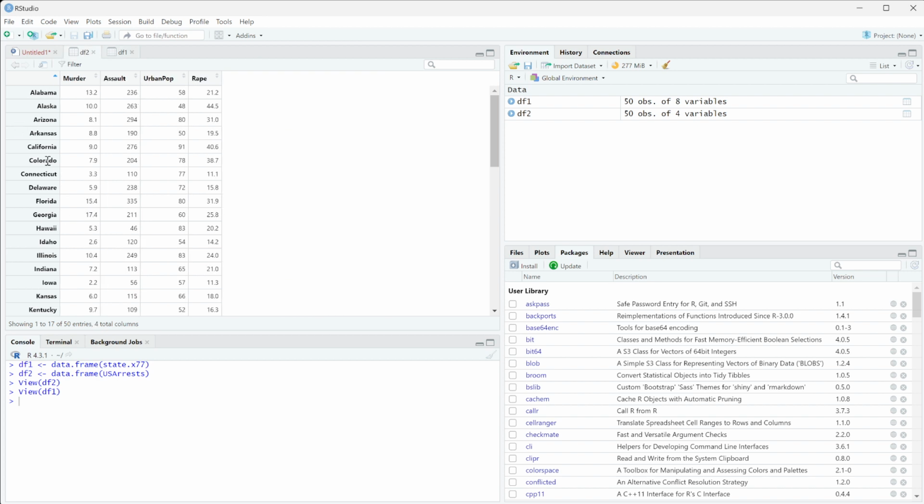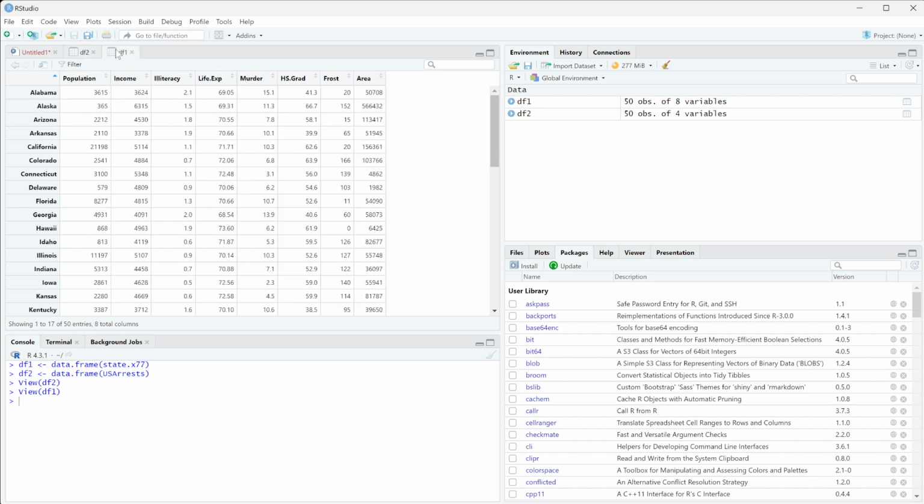Luckily, these are actually organized in the same way, meaning that each row would actually be correct here. But if they weren't, you can't really just use cbind, if this was organized or sorted by population. So if we did, like, sort df1 by population,